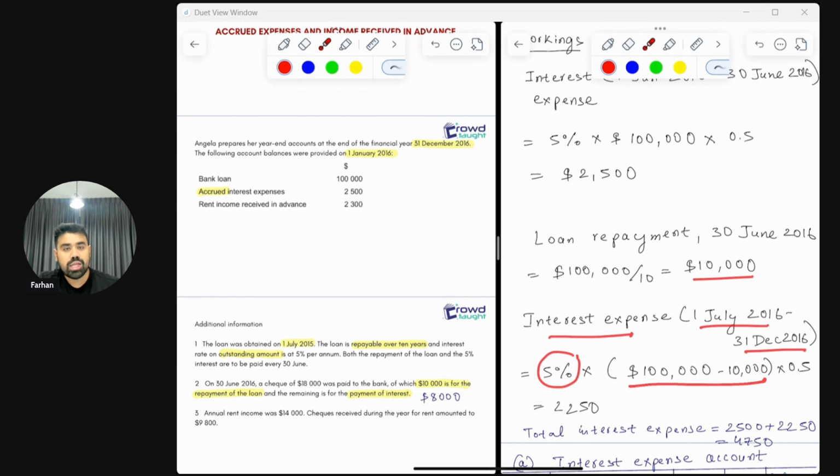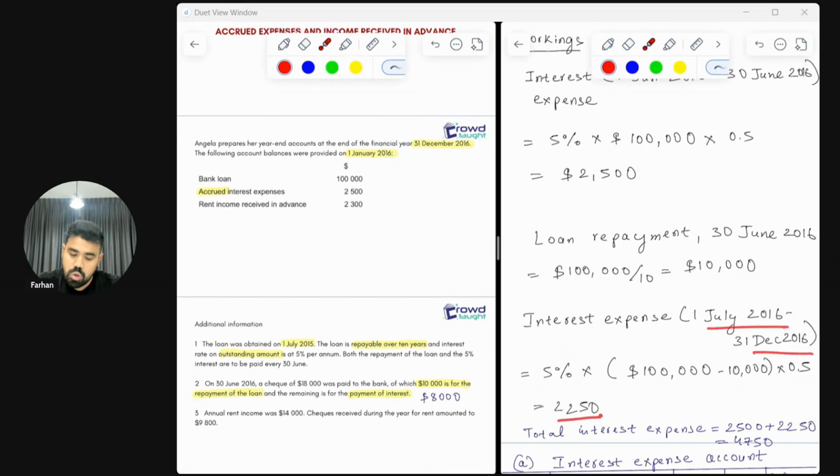Therefore, if you want to calculate the interest expense for the remaining 6 months, that $10,000 needs to be deducted from the $100,000. Make sense? And then we multiply it with 0.5, because the 5% is an annualized rate. And when we multiply with 0.5, we're converting this into a 6-month rate. And that gives us an interest expense for the remaining 6 months, starting 1 July 2016 and ending 31 December 2016, and the amount is